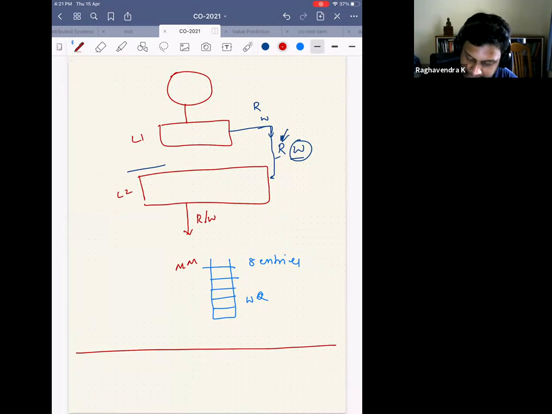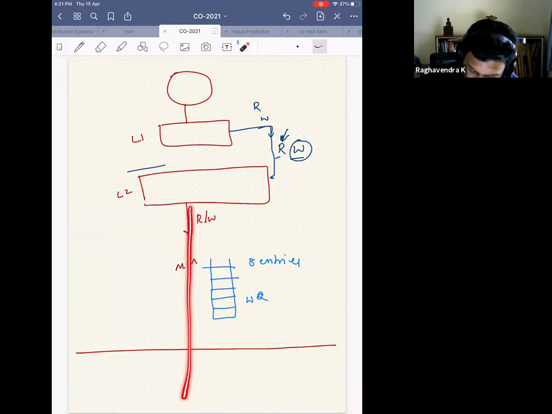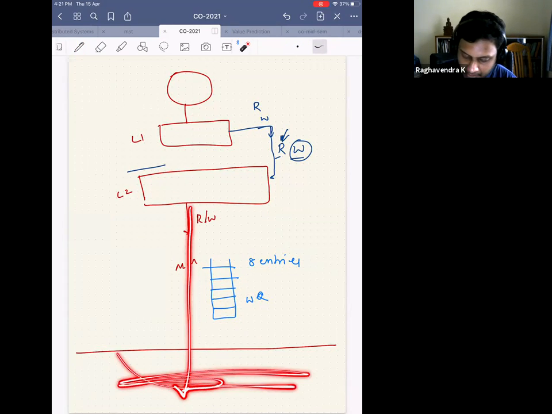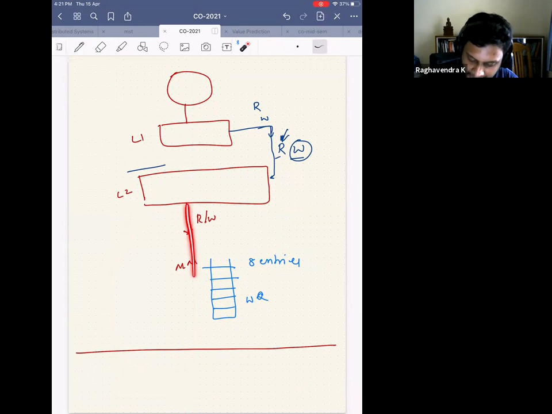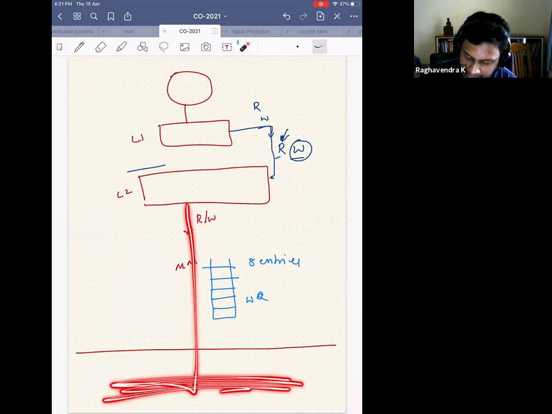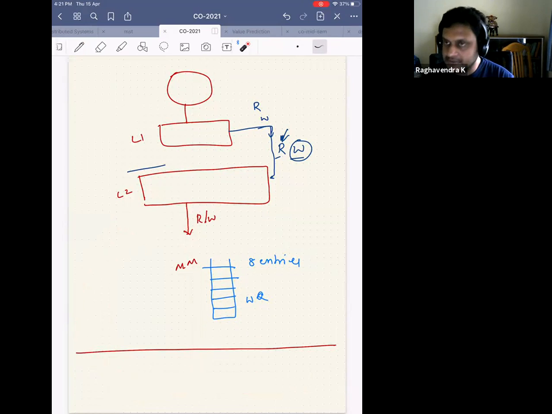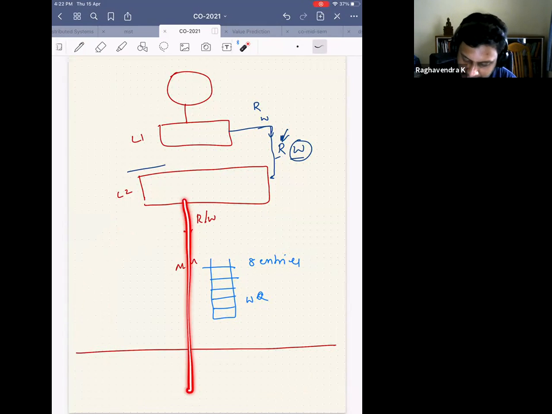Now, one way is that I don't have the write queue. If it's a read, I go directly to the main memory, read it and send it back. If it's a write, I directly go to the main memory, write it and give an acknowledgement saying that yes, this write is complete. Or I don't even give the acknowledgement, I'm not worried about it. If there's a write, I write it to the main memory. If there's a read, I read it from the main memory and bring it back.